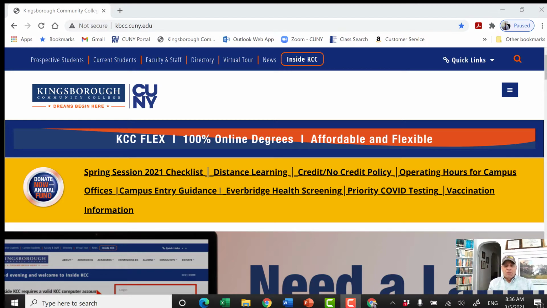Now, the most important thing for you to do in any of these courses is to be able to find your way to Blackboard. And a couple of you found your way to Kingsborough because somehow you enrolled yourself here. And you got admitted, you're enrolled, and you got this far. Okay, so from here, a good idea is we want to start logging into Blackboard, but let me go through.